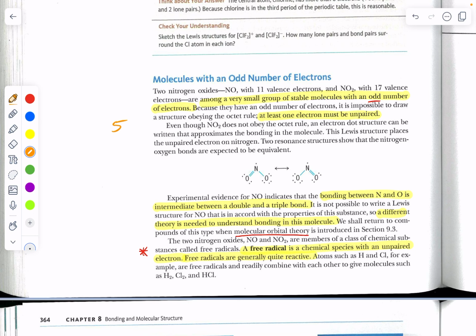And for example, if we think about nitrogen dioxide and we go to construct it, we're going to have an odd number of electrons. We get 2 resonance structures, structure number 1, structure number 2. If we want to be technical about it, we would put it like this,